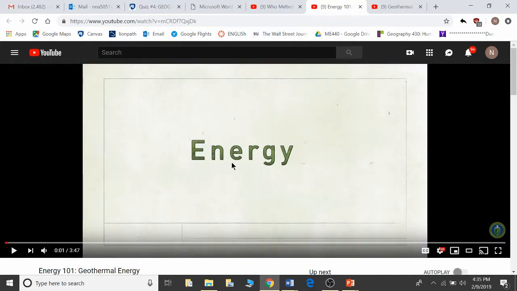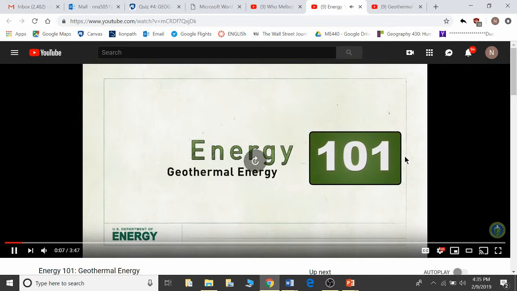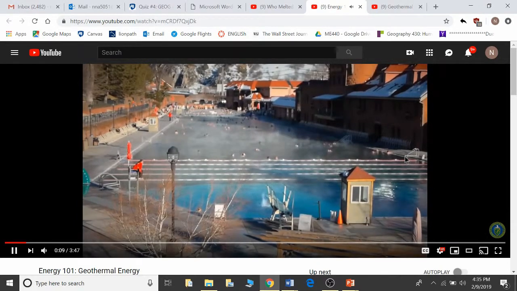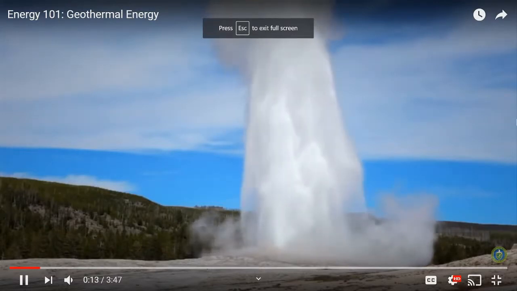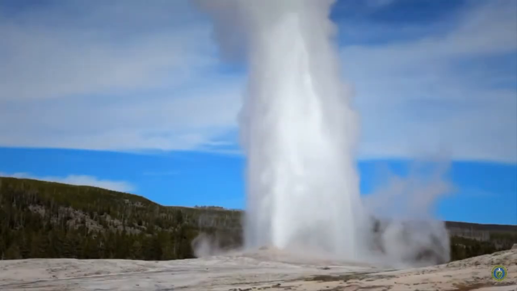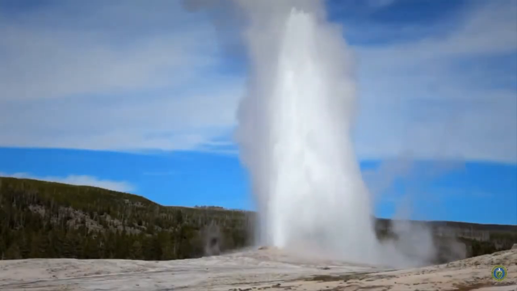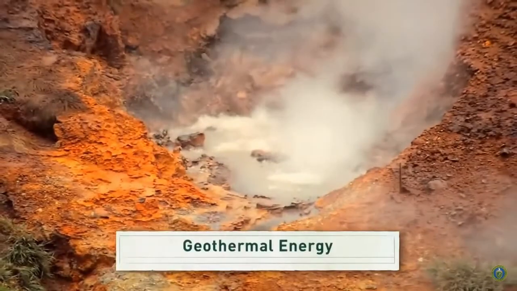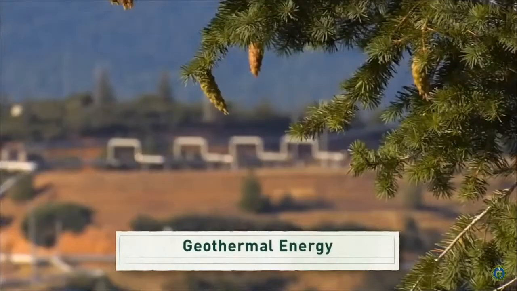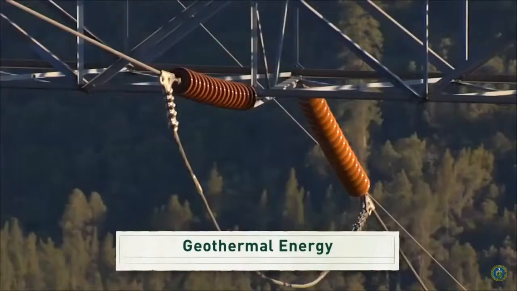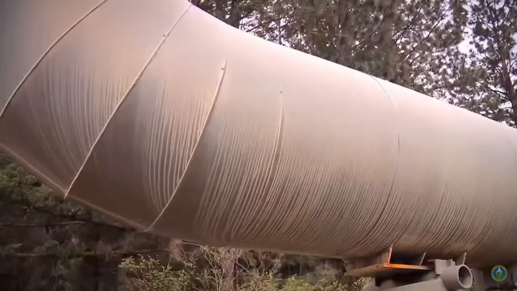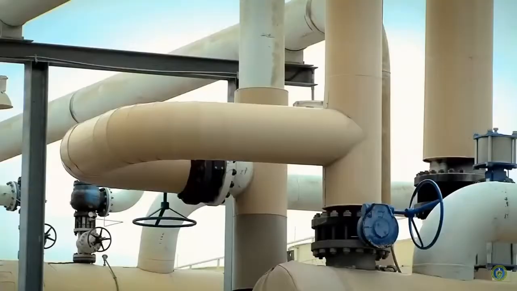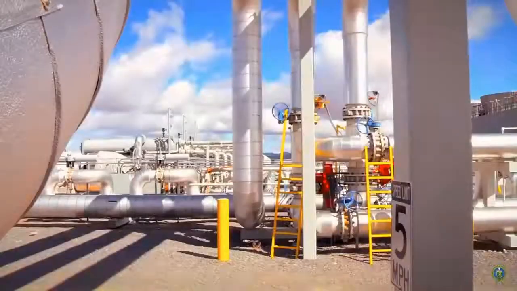Alright, and here's a more in-depth version of geothermal heat in the Earth today. Have you relaxed in a natural hot springs pool, or seen the Old Faithful geyser blasting hot water into the air in Yellowstone National Park? But have you ever thought of where all that heat comes from? Well, it comes from deep beneath the surface of the Earth, and it's called geothermal energy. And we can use it to generate clean, renewable electricity.